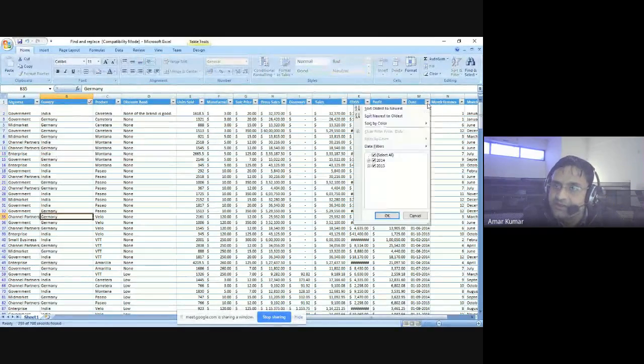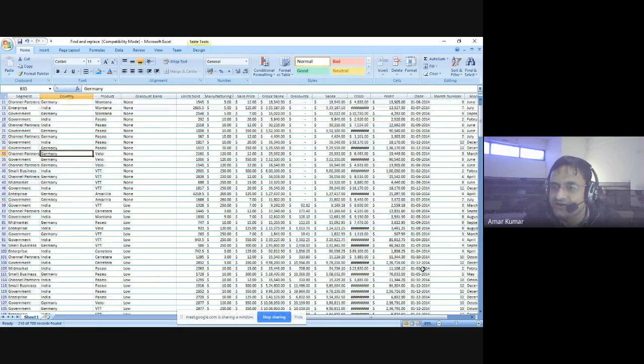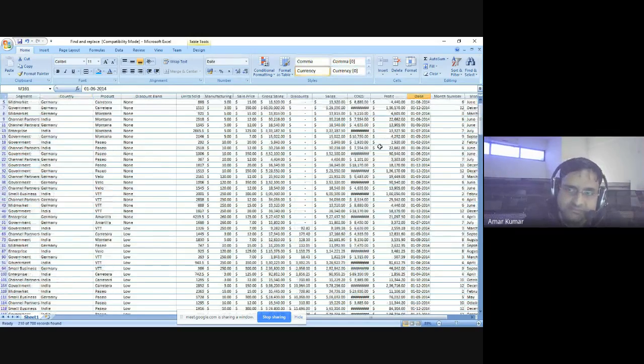Same, if you want to have the date, here is 2014 and 2013. I want only 2014 date. I will just deselect it, deselect it, deselect it. Okay. Only 2014 date you will get over here. You can see over here. Only 2014 date. So with the help of filter,